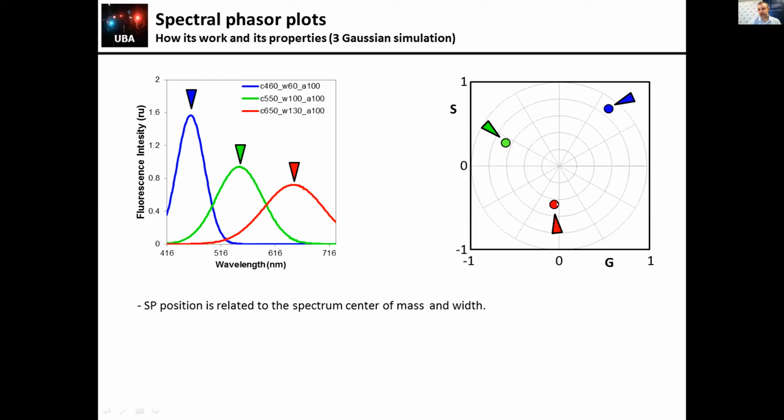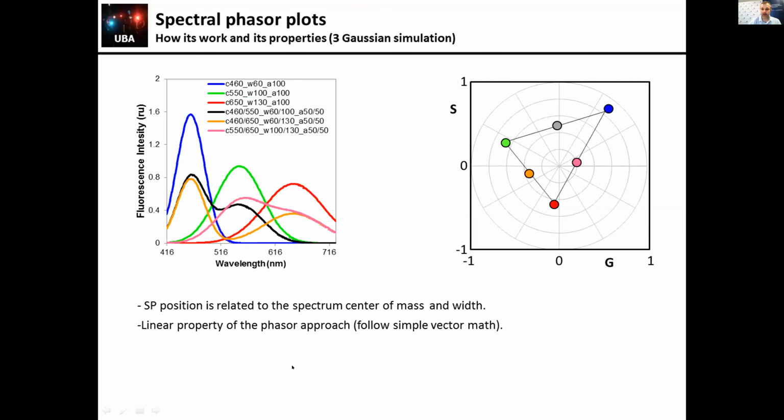And I can tell you that this spectra is broader than this spectra, not even looking at the data, just looking at the position of the phasor. So this is really, really important because I don't need to include in my analysis any further information. As I say here, the width and the center of mass are the two main important characteristics to make